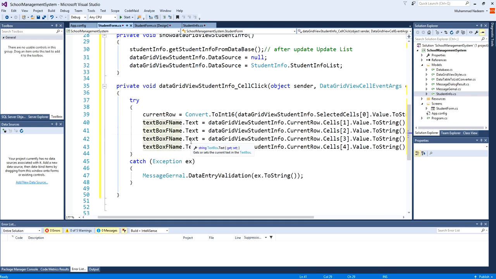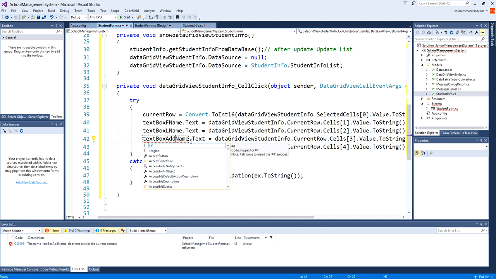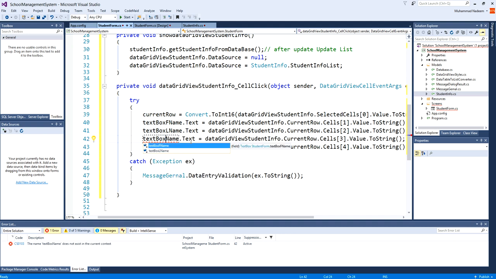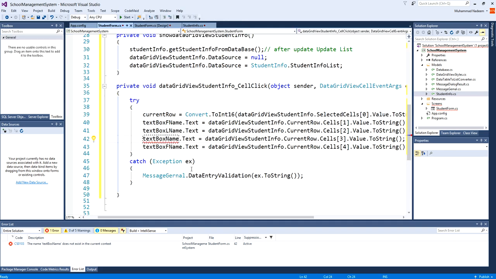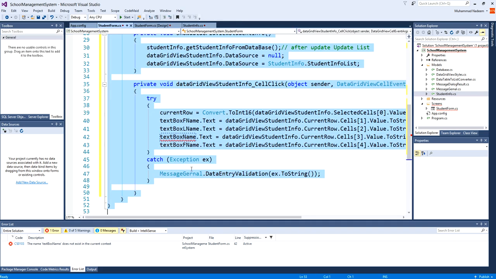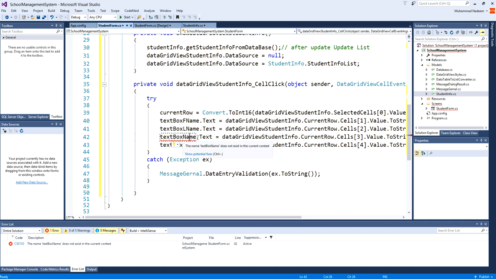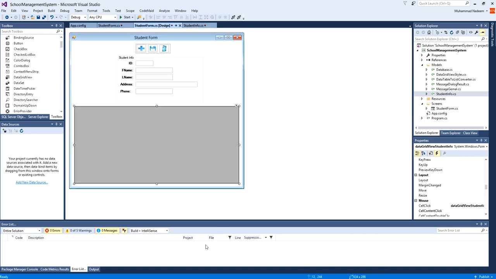Here will be a first name, last name, address text box, and the phone number. Okay, that is also done. Now on click event,